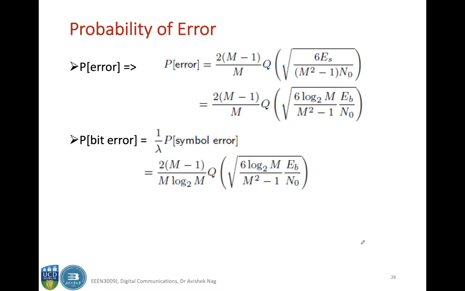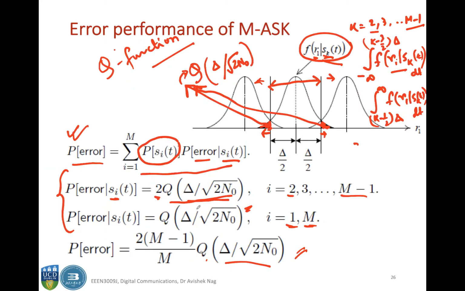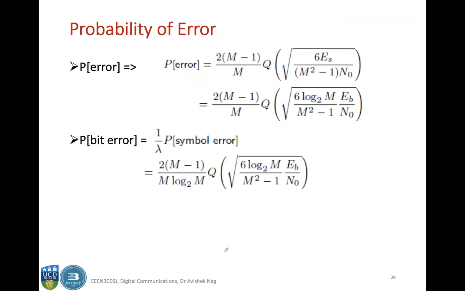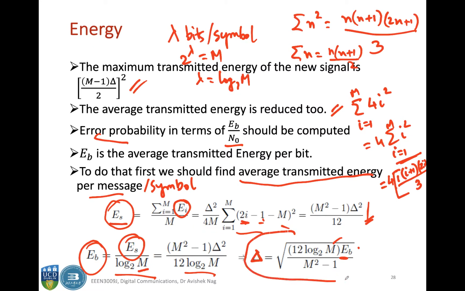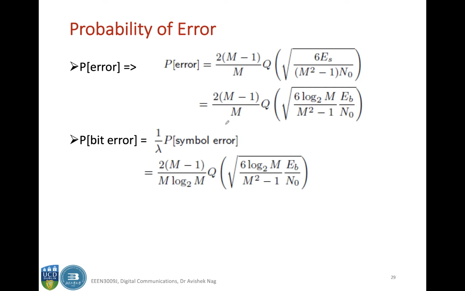So now you saw that the probability of error that you calculated few slides back here is this. So now I will just replace the value of delta by this value which we just obtained, and we can write the probability of error in terms of just m and EB by n0. Okay, and probability of bit error is 1 over lambda times the probability of symbol error, and lambda is nothing but log 2m. So this simplifies to this final expression. So this is the probability of bit error, and this is the probability of symbol error for MRE ASK. Okay,